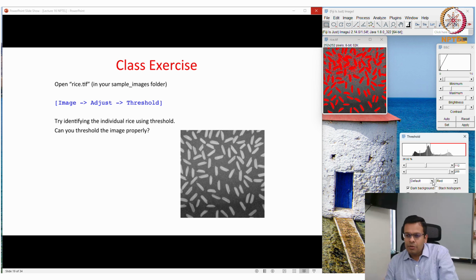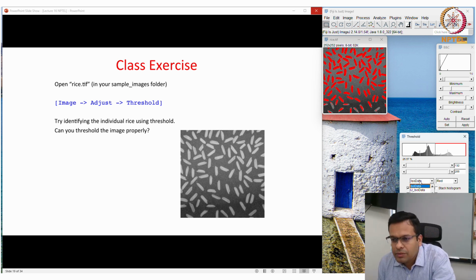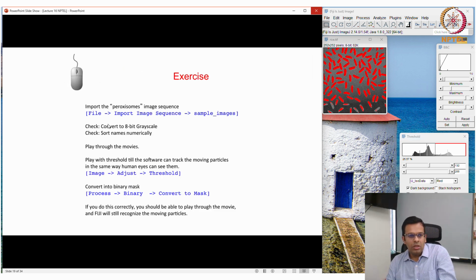Here you can see there are different algorithms for thresholding. We have used the default algorithm, but there are others. Like I can use this Huang algorithm, so it automatically detects this many rice grains. Then I can use another algorithm like this. It detected a little more grains. Then this is another algorithm, which did an even better job, I would say, than the other one. So you just go one by one to identify which algorithm works best with your image, with trial and error.